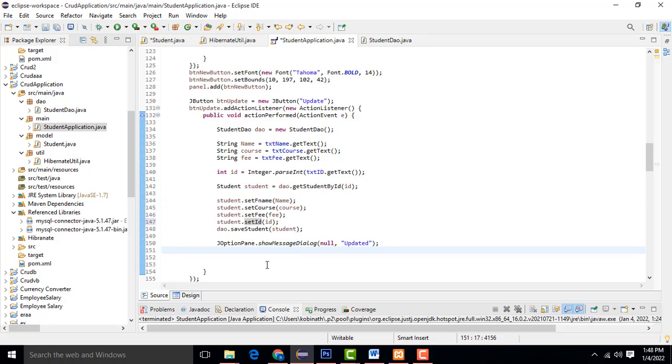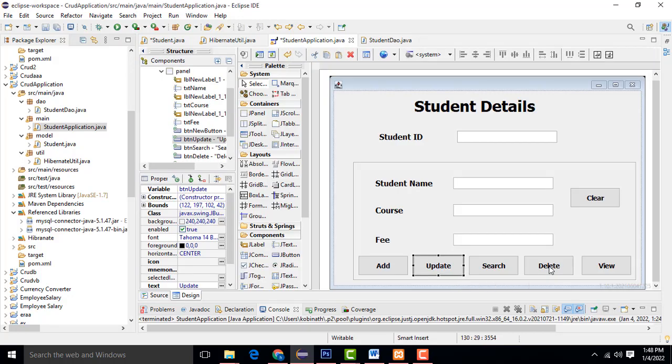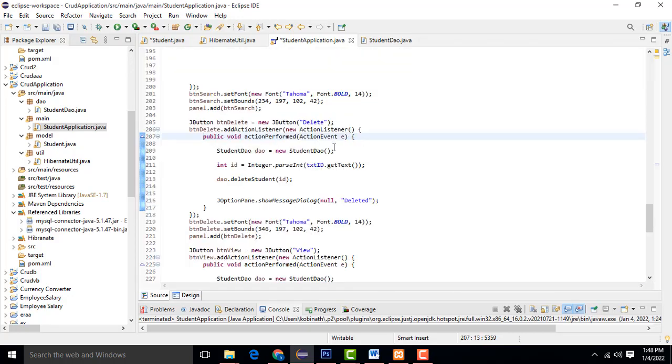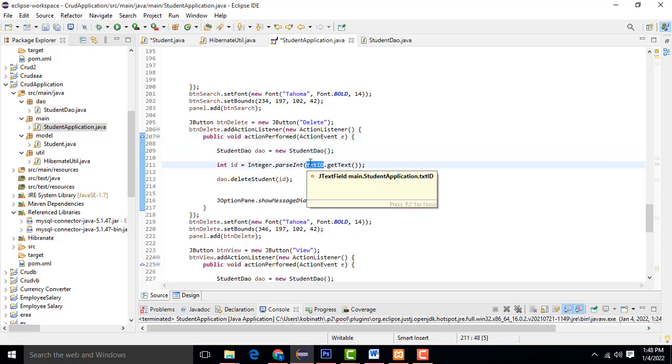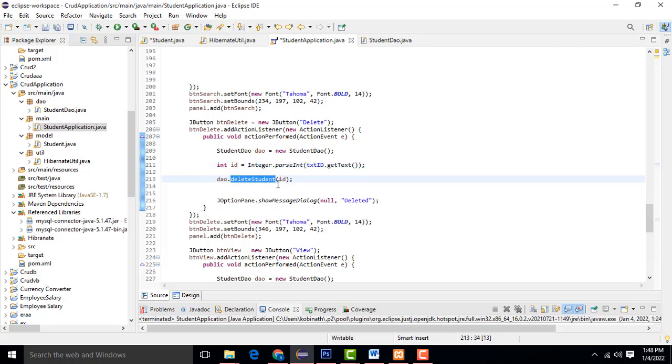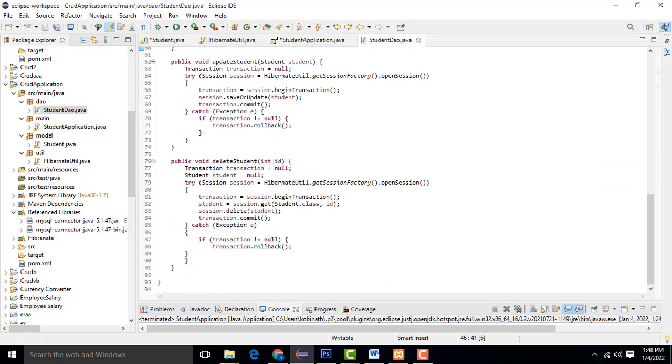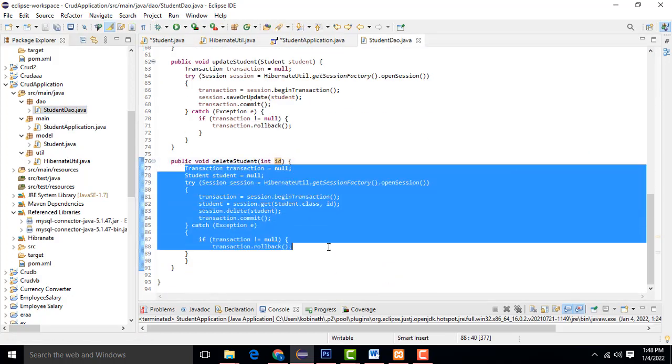After that, delete the record. Same code. Get the ID, the ID you enter in the text field, the txtID text field, is assigned to the variable this way. You call the DAO delete student, which goes to the relevant DAO class, delete student, you get the argument and delete the record.